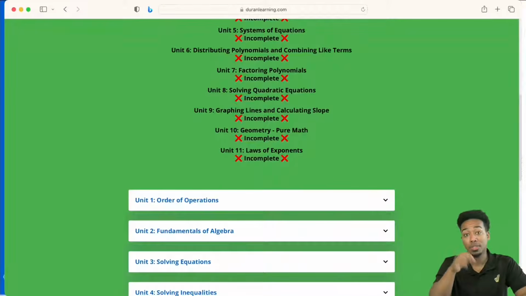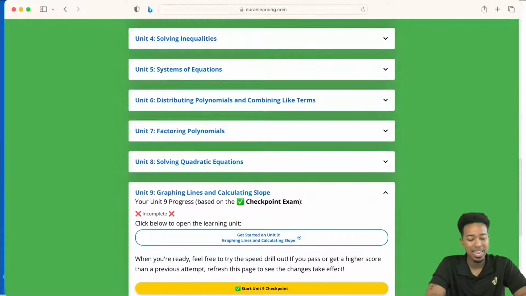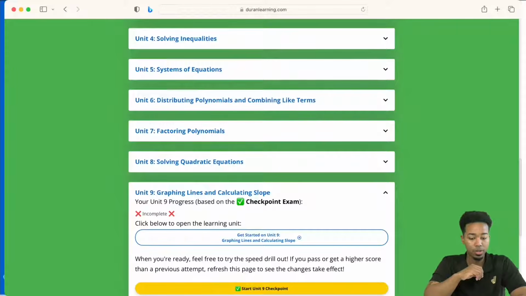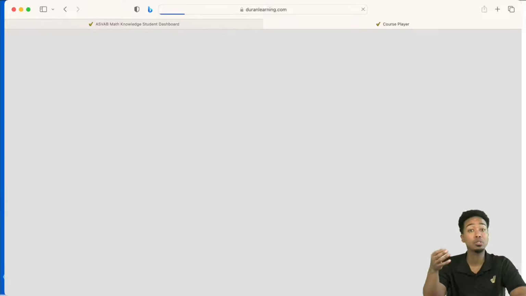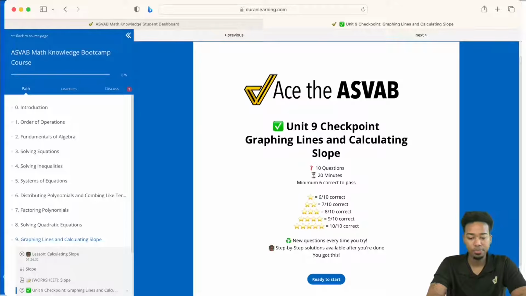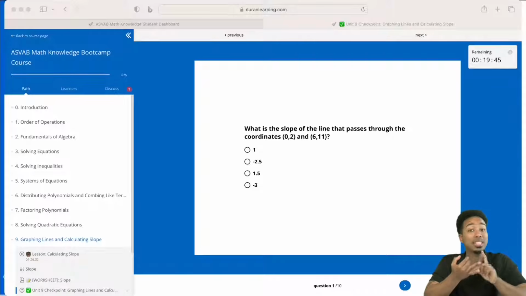For this specific problem, what you'll do is go right over here, Unit 9, graphing lines and calculating slope. That's where you're going to work. When you click it, you can do a time speed drill, or you can look at lessons with videos and worksheets. Either way, you've got what you need here. And right here, you can practice problems that we've been doing, calculating slope, finding missing coordinates, all of that while being timed. That way you can learn to work under pressure. So with that, do you understand where to go? Math knowledge, Unit 9 for that specific problem that we just did.